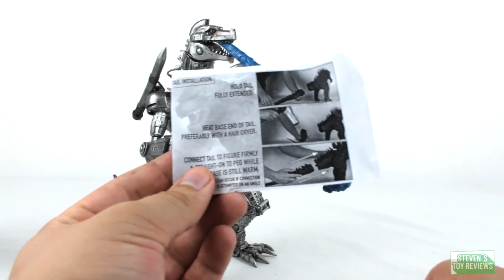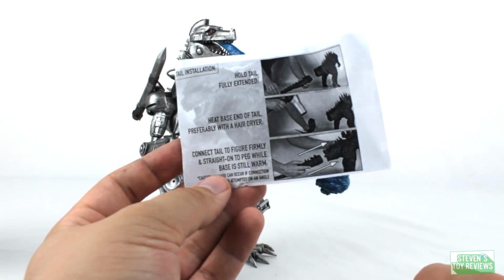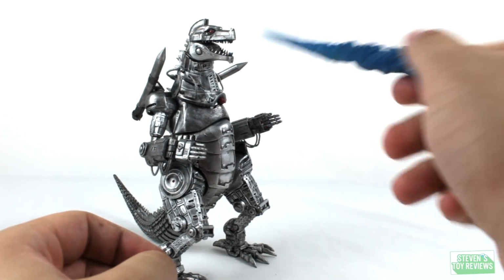Then the instructions. Boy, doesn't that look very familiar. So, anyway,